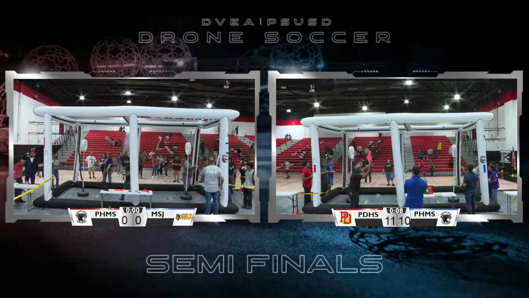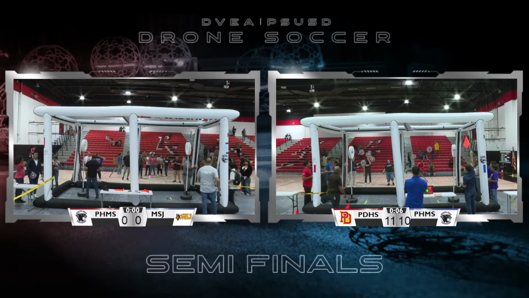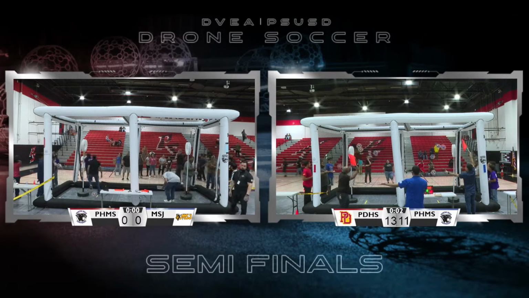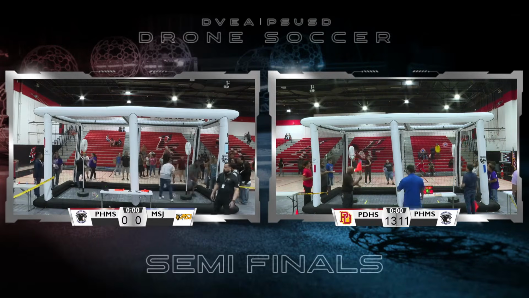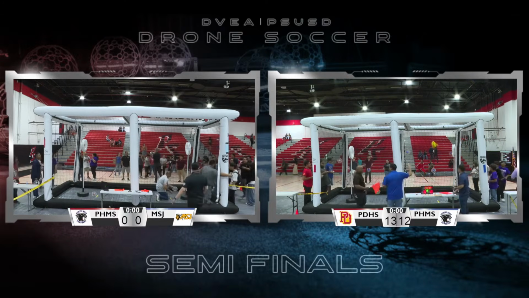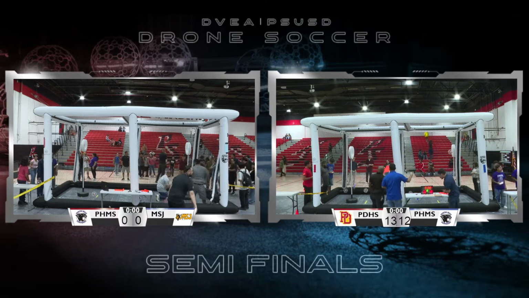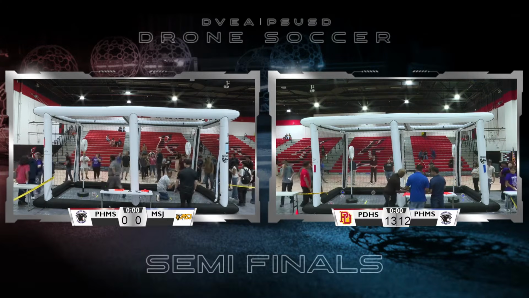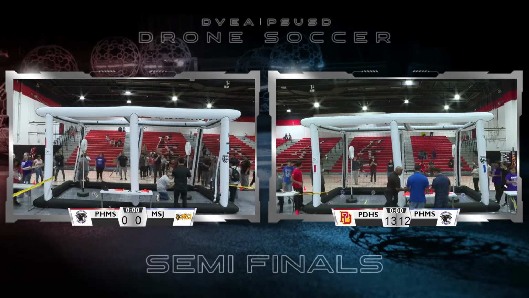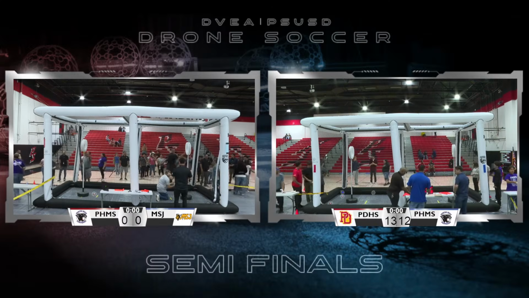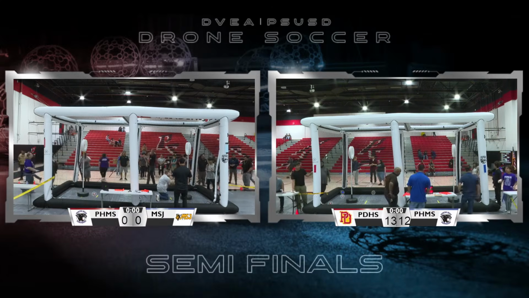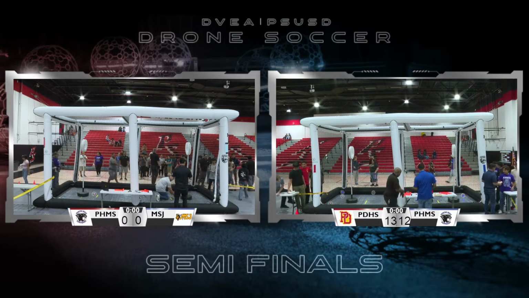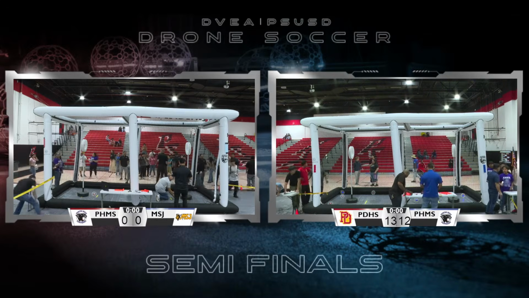So, all my fans and friends in the audience, what's happening is we've had a tie. You have to win twice. So, we're taking the best striker from Team Painted Hills and the best striker from MSJ, and they are going to try to score 2 goals as fast as possible. And remember, when you score a goal, you have to go through the goal, around, past the halfway mark, and then go back through the goal. So the first that scores 2 will be moving on to the championships.